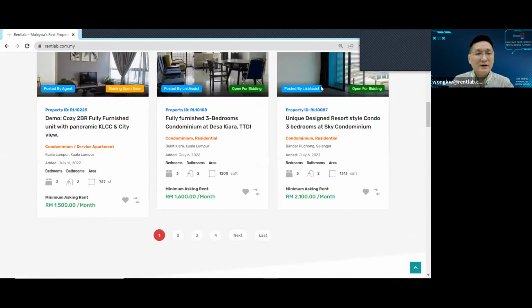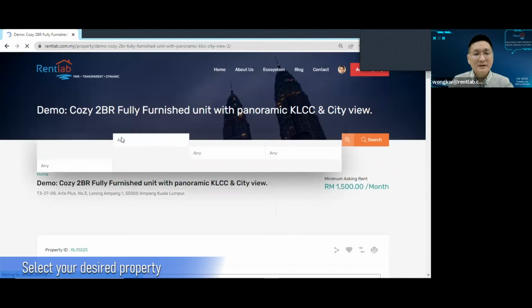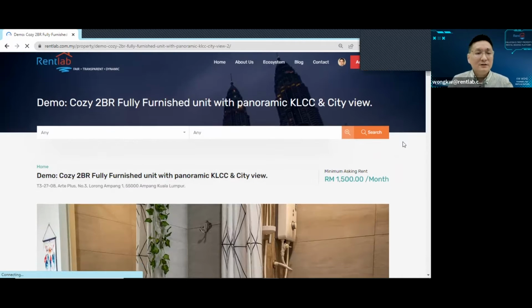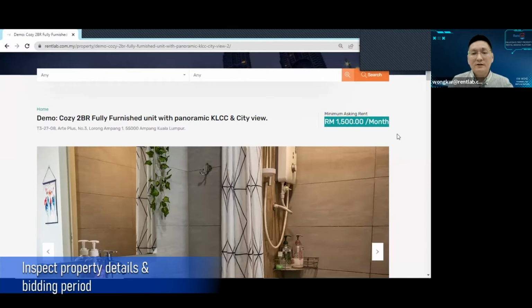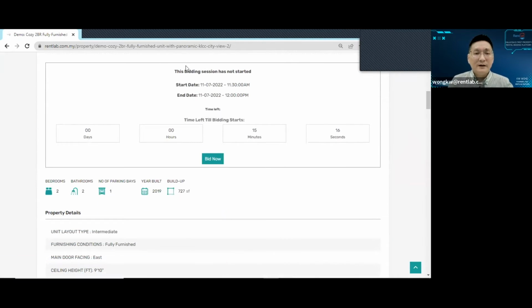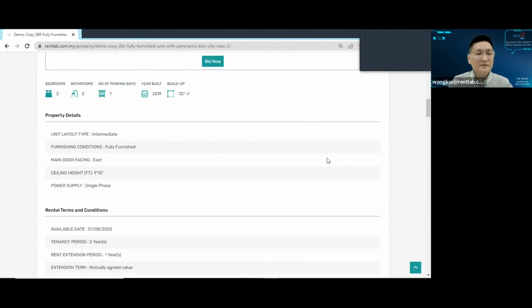So let's say we are interested in this first property. We click on the property, and this shall bring us to the property detail page. On this page, you will see the full information about the property, including the full address, the minimum asking rent of the property, the photo galleries, sections on the bidding, as well as all the detailed information about